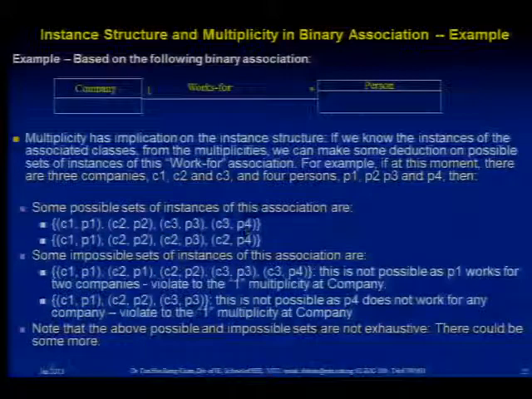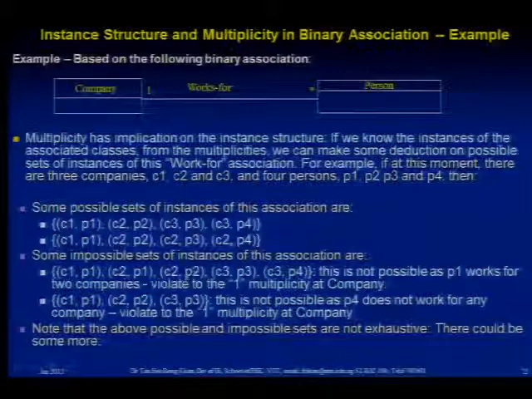C3 is in 2 instances, in 2 tuples. That means C3 associates with 2 persons. 2 is still within 0 to many, so that is okay. So this is a possible set of work for association instances. I did not say that this is definitely the set of work for association instances. It's only possible because this set satisfies all the properties of work for association defined in the class